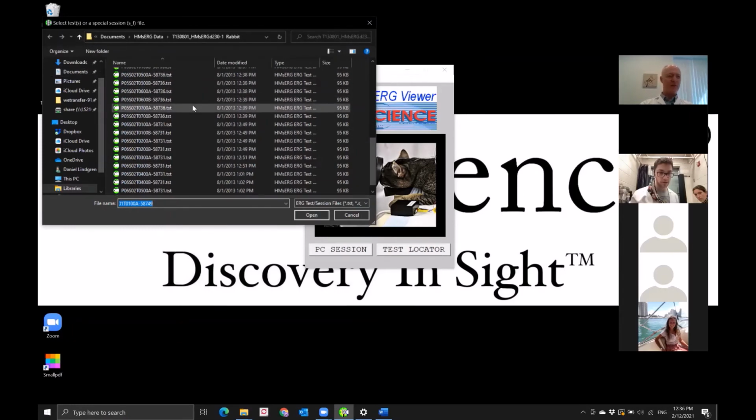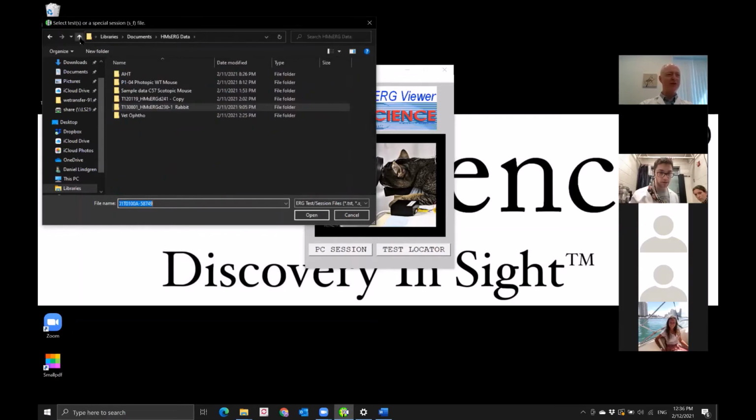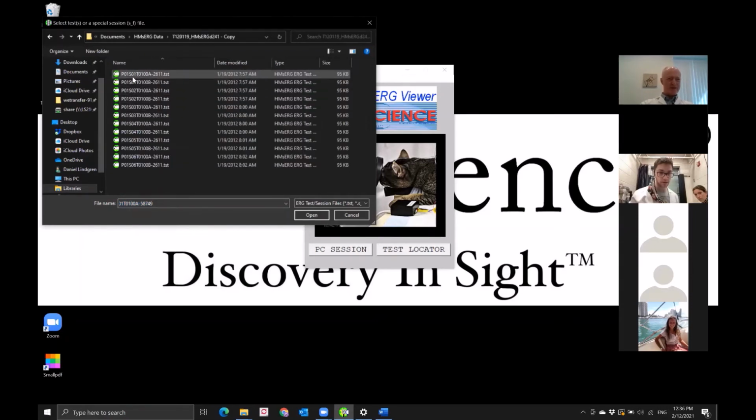Kind of wish I had the time point data for these rabbits. That would have been perfect, but I only have one date point in there. Let's see, under 240 here. Let's see, this is going to be